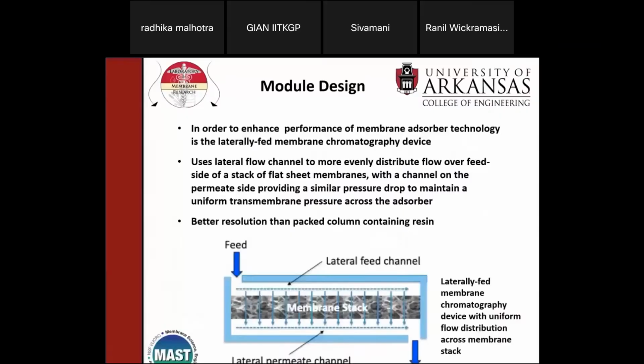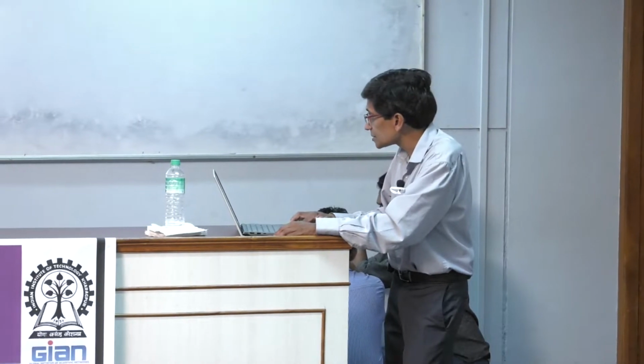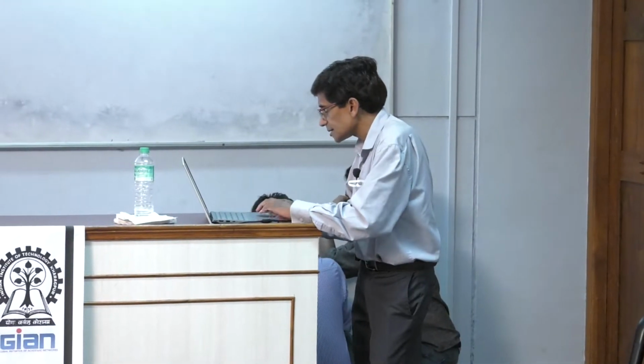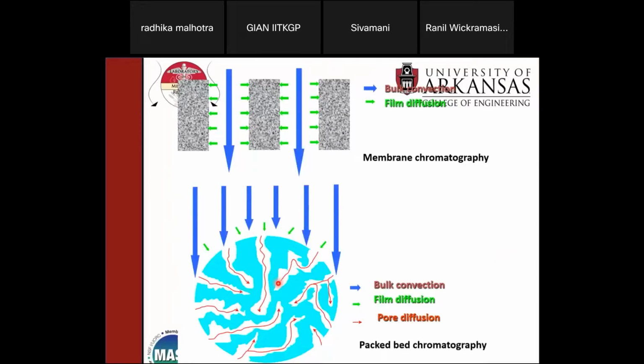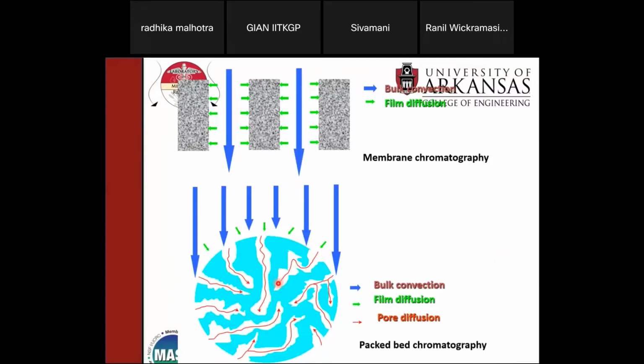And the idea is that, if you remember, the main reason for doing this is that in the case of resin particles, you have this poor diffusional resistance, and consequently, you have a dynamic binding capacity that is a function of flow rate, and you have inefficient usage of the resin bed, right? And so we have these membranes where you attach ligands on the pores and you pump convectively